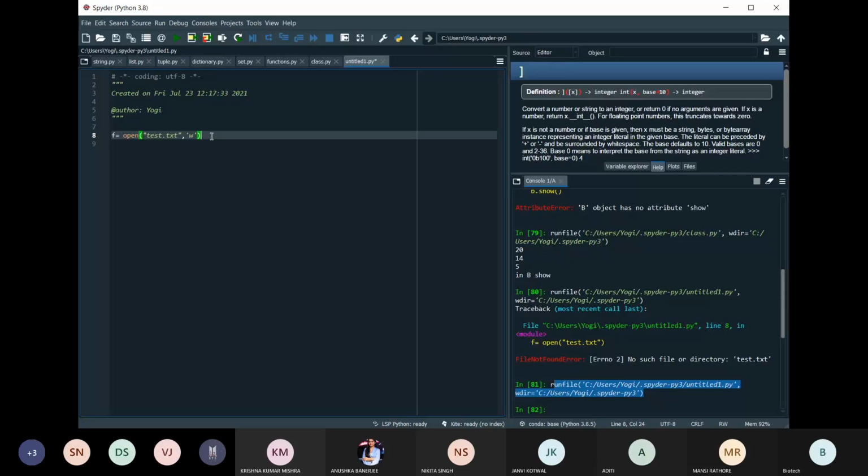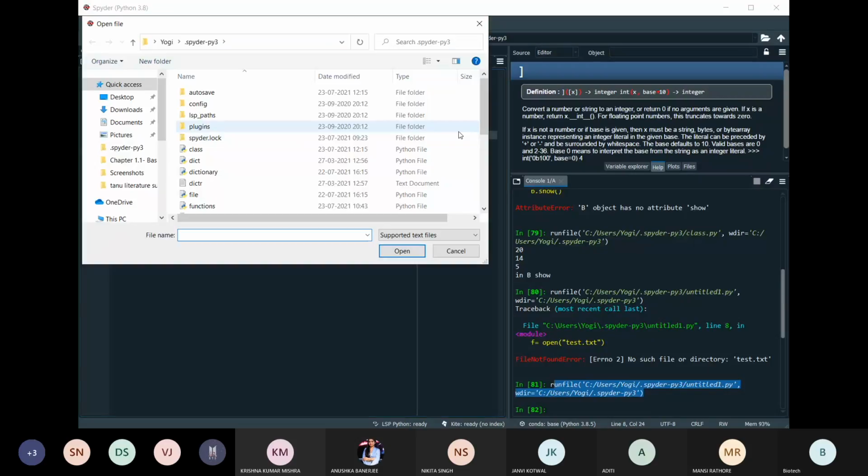Okay, then suppose now I want to write into this file. So if I want to check, is the dialog box that I have clicked on this particular file option visible to you?